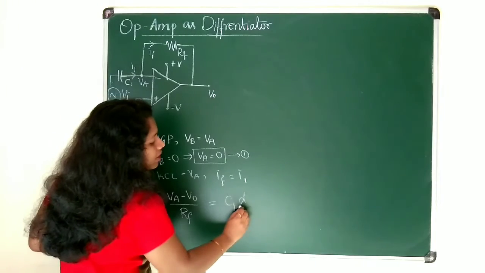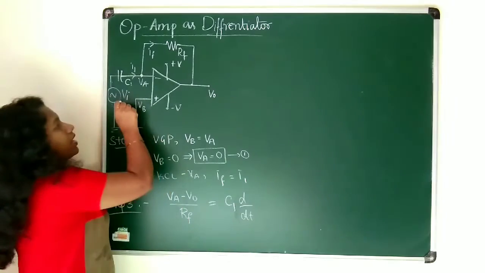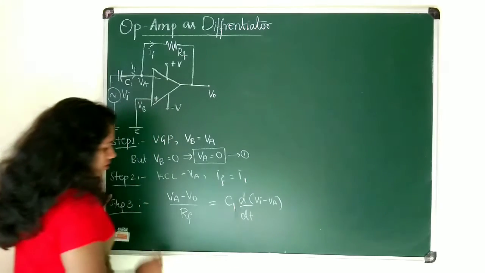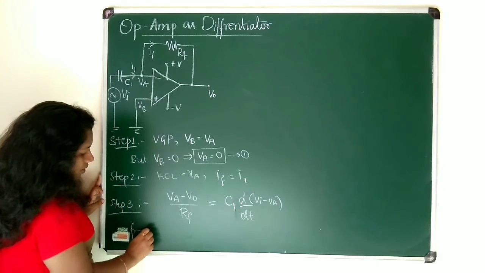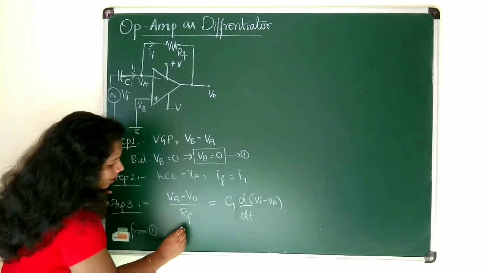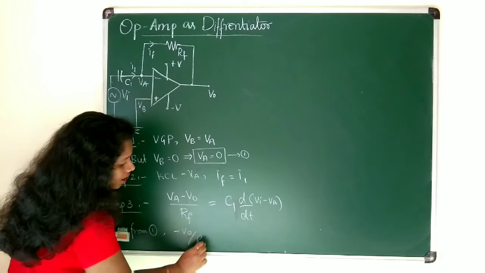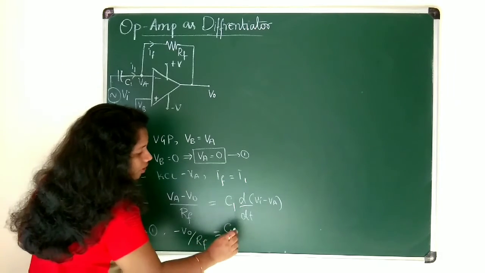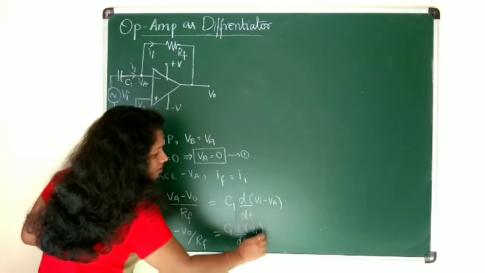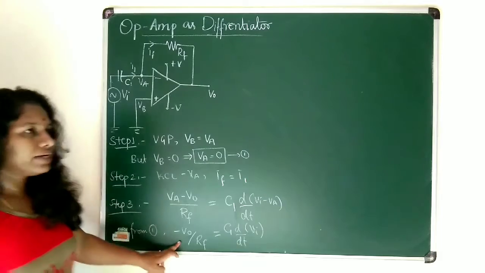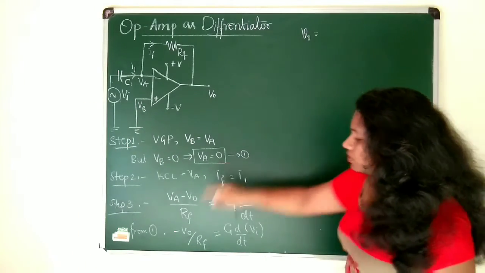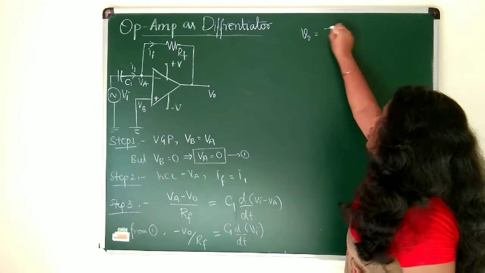C1 into d by dt of VI minus VA. Okay. So from equation 1, VA is equal to 0. So what you will be getting here is minus V0 divided by RF is equal to C1 d by dt of VI, since VA is equal to 0. Okay. I rearrange this equation in terms of V0. V0 is equal to, this minus sign we take to the right side, so minus